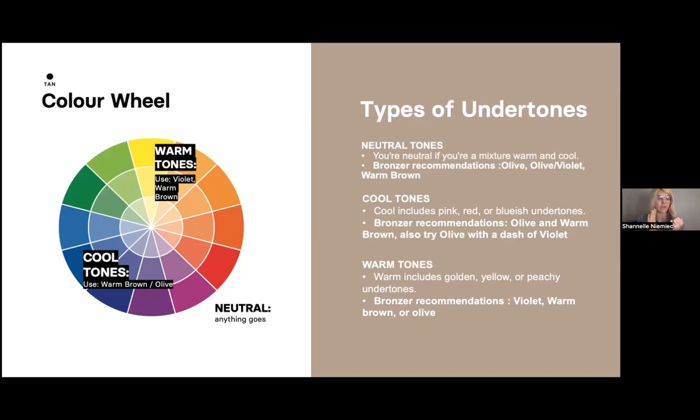If they're going to be somewhere that they're going to be sweating a lot, they're going to need a lot of showers too. Are they going to be okay with bronzer sweating off of them? And also know that the bronzer is not going to last. So that olive, that warm brown, that violet is not going to last more than a couple showers in a couple days. So really being careful